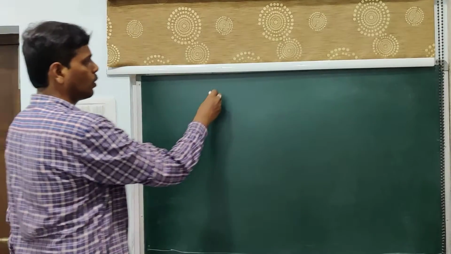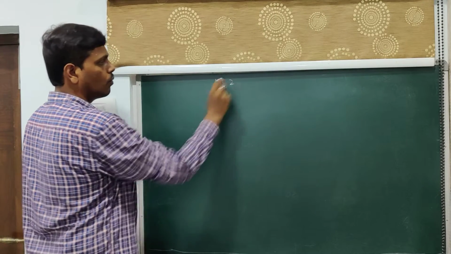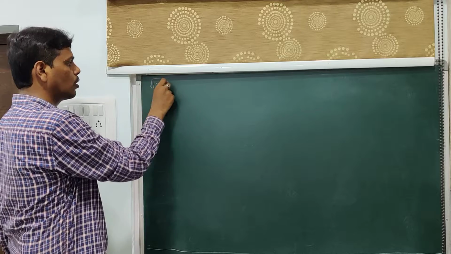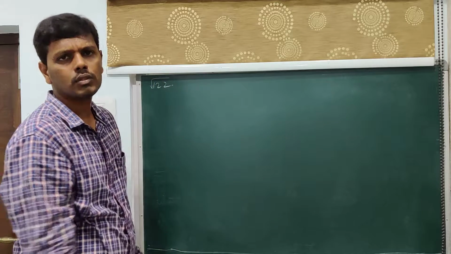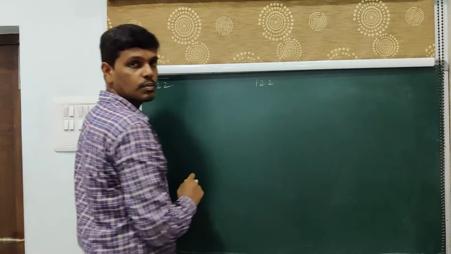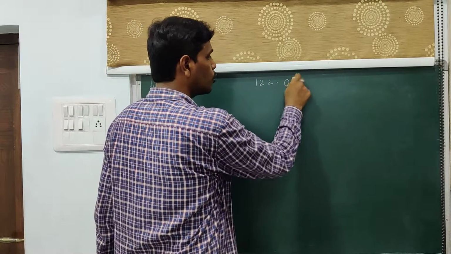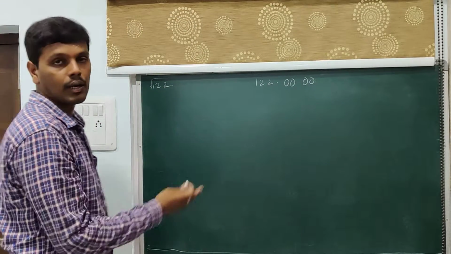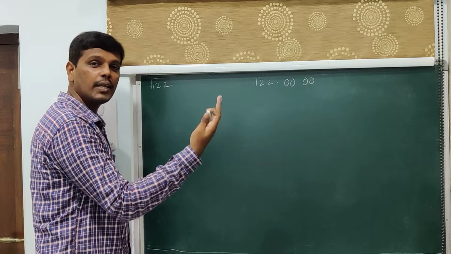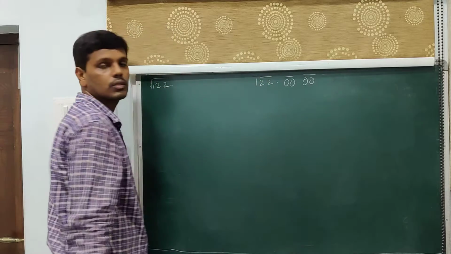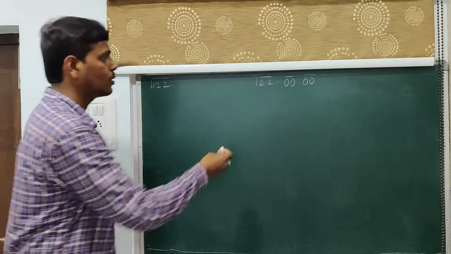First of all, say 122. Square root 122. This is what I need to find out in the decimal expansion. Say up to some 3 decimal places. Or say 2 decimal places. So since I mentioned 2 decimal places, I'll put a point, I'll take 2 pairs of zeros. Now from right to left, you will keep a bar on that. That is, you will be pairing from right to left. That is what the meaning of keeping a bar on that. So this is what I have done. I have started pairing from right to left.